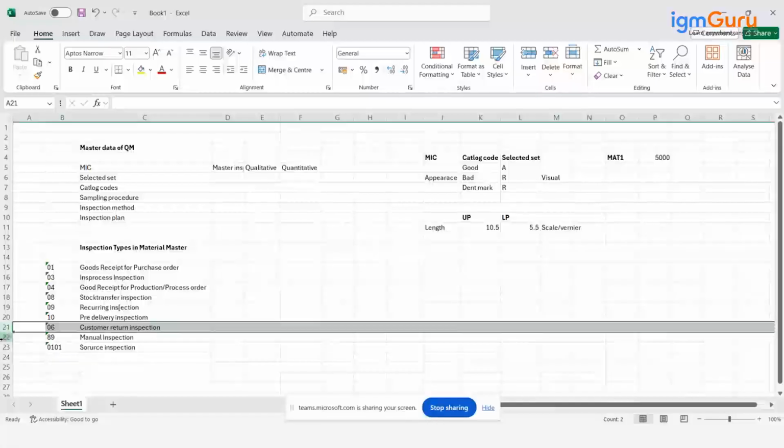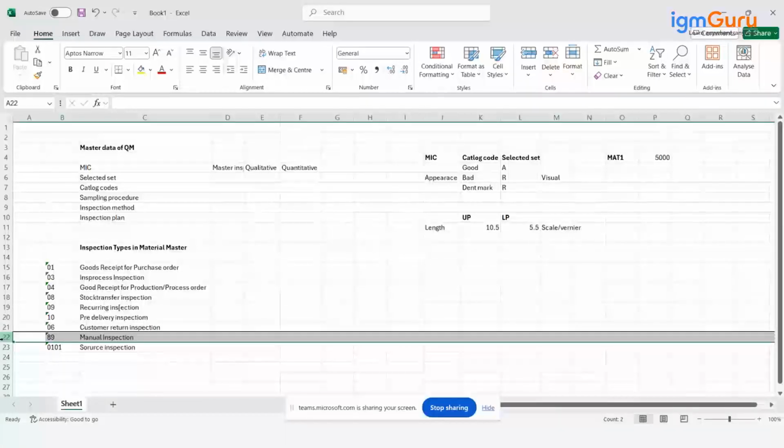Okay. Next one is manual inspection. Manual inspection is where you create the inspection manually. If you find any defects after the GRN, whether it's raw materials, packing materials, finished goods or semi-finished goods, after the 01 and 04 inspection lots you capture the usage decision after some days. If you find some discrepancies or defects, you capture the result, and you can move the material from unrestricted to block stock. After that you can create the